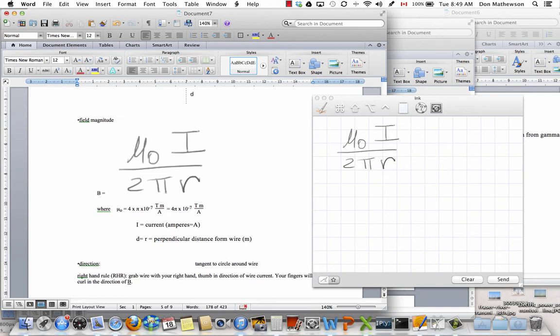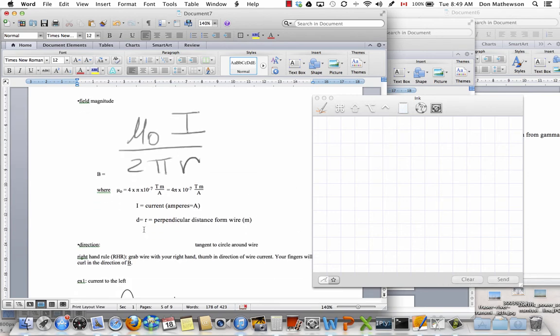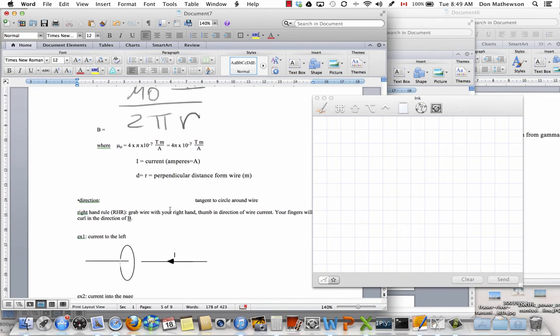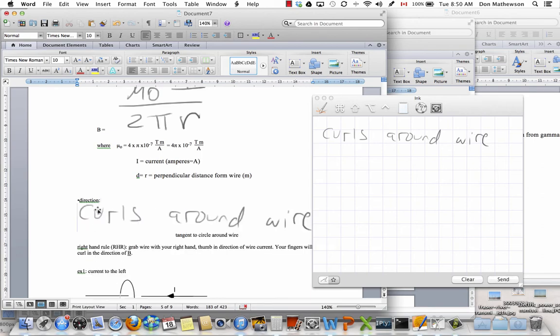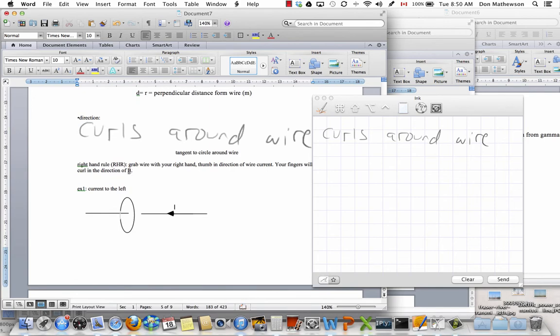Okay, now, the direction requires a bit of our attention because the direction is going to be tangent to a circle around the wire. We say the magnetic field curls around the wire. And this is the first of the famous right-hand rules in physics. What's the right-hand rule say? It says grab the wire with your right hand, thumb lined in the wire, current direction, your fingers show you